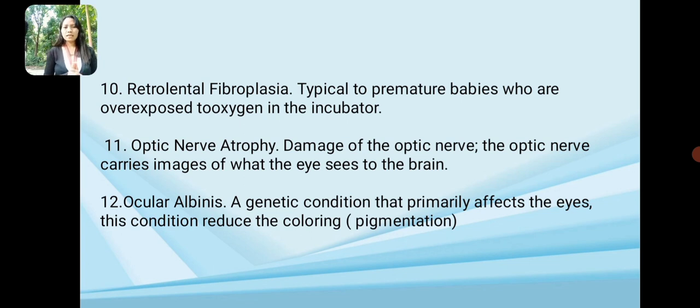The next is optic nerve atrophy, or damage of the optic nerve. The optic nerve carries the image of what the eye sees to the brain. And the last one is ocular albinism, a genetic condition that primarily affects the eye, and this condition reduces the coloring pigmentation or